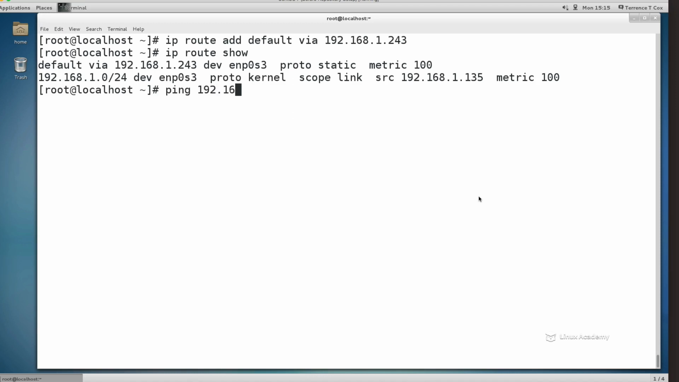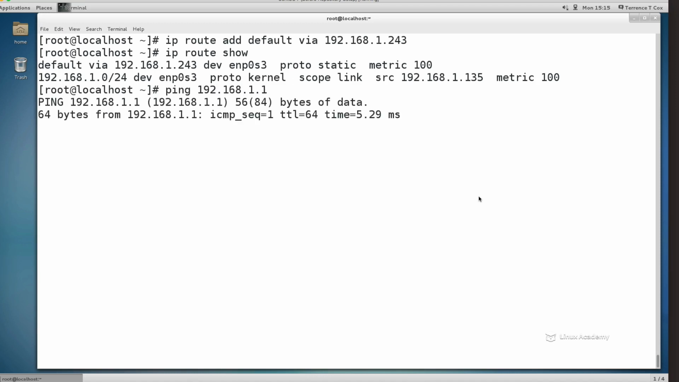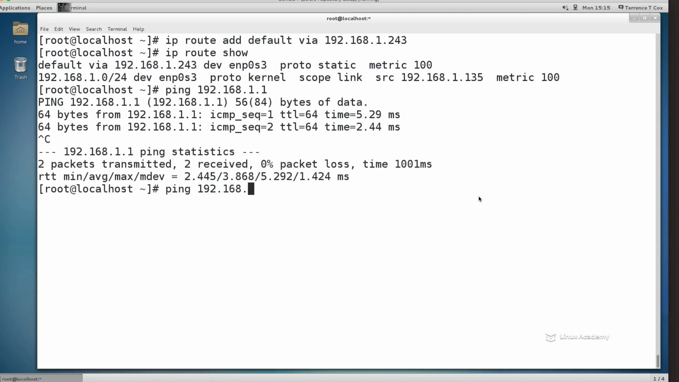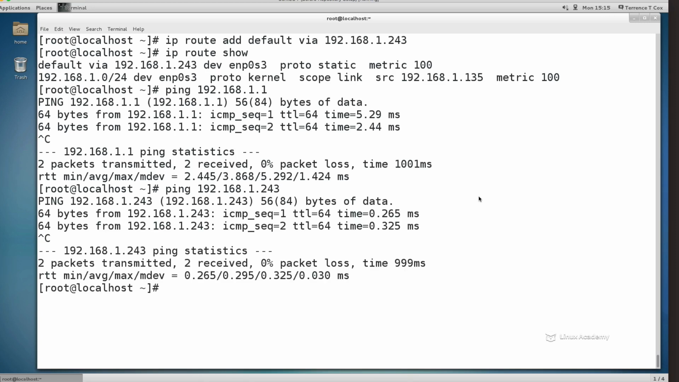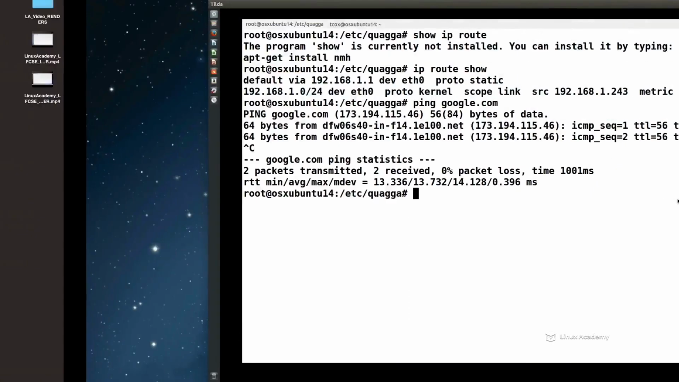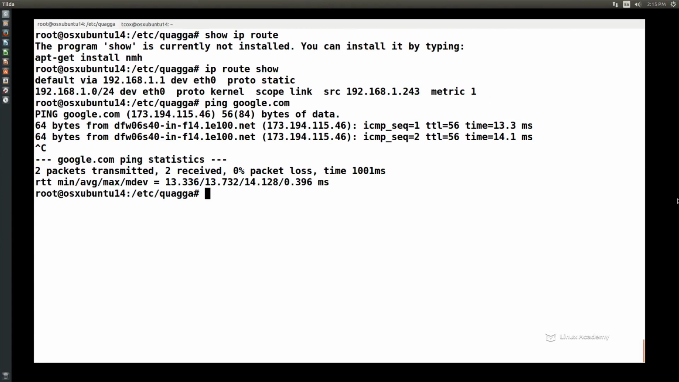And now if we ping 192.168.1.1, which was our old gateway, we're still getting a response, and we get a response on 243 as well. So now we're using this particular server as the routing protocol for everything that we have on our system. So if we did an nslookup, if we did a ping to Google, this is actually functioning as a router on our system so that we can dynamically assign routes from within here,